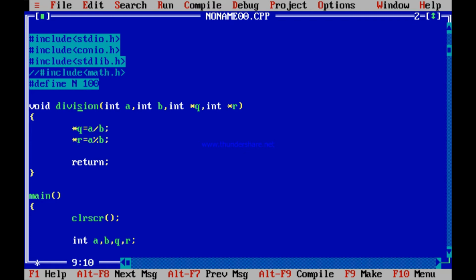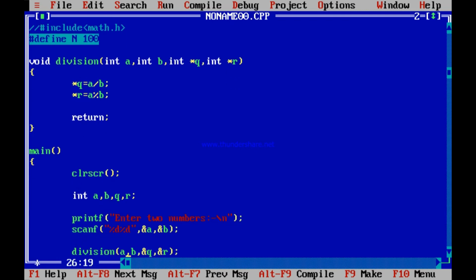Why? Because the addresses of Q and R that are defined in main, this is the address. Q and R you have declared over here and sent its address. So that address you are accessing over here. Now Q is an address, R is an address. So if you change the content of that address, what is happening is this Q and R is changing. Please understand, this Q and R is changing because you are changing at the address.